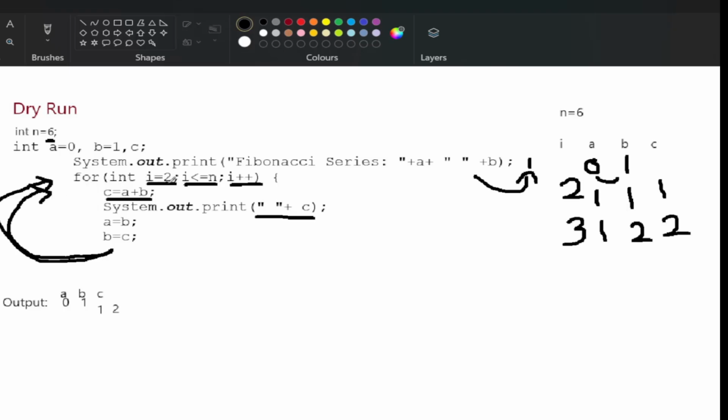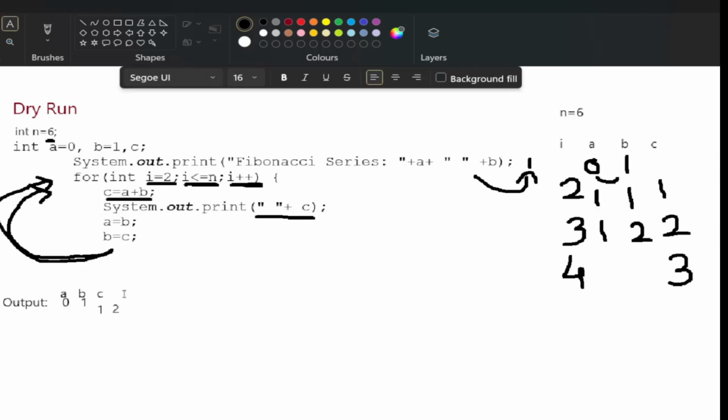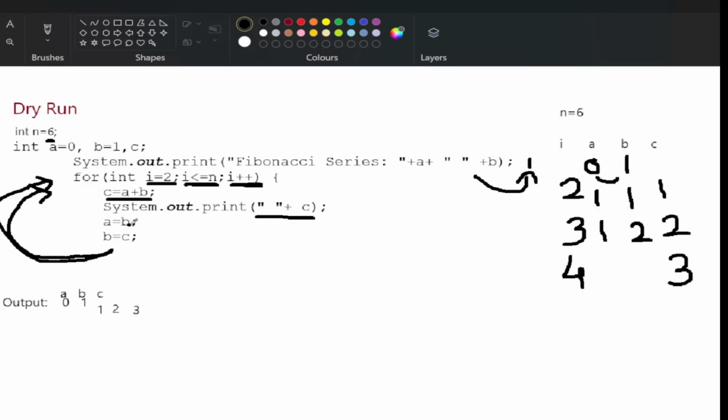So I प्लस प्लस होगा. I की वैल्यू क्या थी? अब 3 थी. 3 के बाद होगी 4. 4 के बाद 4 less than 6 है क्या? है. So नेक्स्ट लाइन C इक्वल्स टू A प्लस B. C की वैल्यू क्या आएगी? A प्लस B. A क्या है? 1 2. 1 प्लस 2, that is 3. So 3 प्रिंट होगा. Okay, that is 0 1 1 2 3. फिर बाद में नेक्स्ट लाइन A इक्वल्स टू B. B की वैल्यू जो है वो A को आएगी, that is 2, और C की वैल्यू 3 वो आएगी B को. ये आ गया 3.